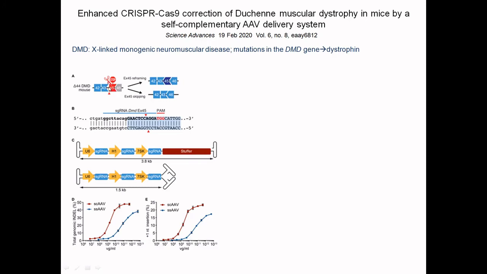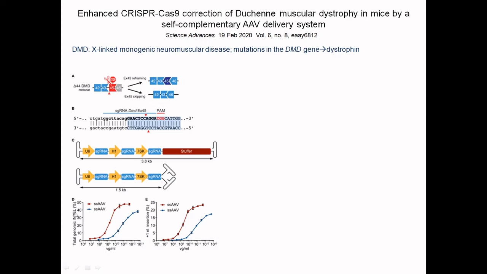and to see the effect. Here, as I said, this is the NGG, the protospacer adjacent motif, and 1, 2, 3. The double-strand break is 3 nucleotides upstream of this protospacer adjacent motif. So the Cas9 will sit here. In this, 3 sgRNAs are used with 3 different promoters. And here this is scAAV, the self-complementary AAV, and you see it is showing a better effect than the single-stranded AAV.